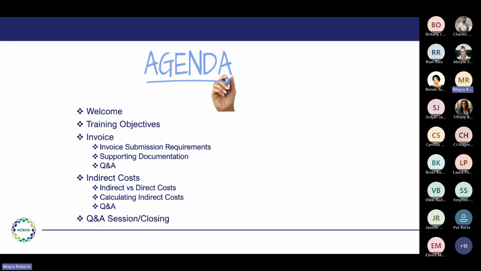We're going to start the meeting with going over the training objectives, and then we'll transition over into the invoice submission requirements. What are the supporting documents that are required when submitting an invoice? We'll allocate some time for Q&A, and then we'll transition over to discussing indirect versus direct costs, how to calculate indirect costs, have another Q&A session, and then the compliance team is going to share some updates with you before